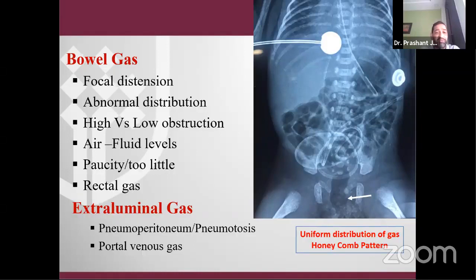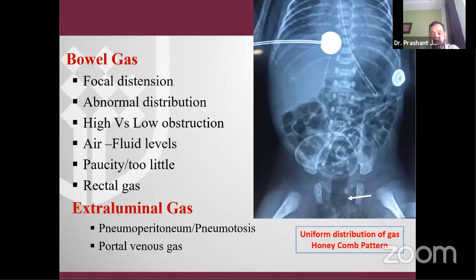Now, focal distension can be seen of the bowel gas, although it is very difficult to describe the focal distension, but there are various thumb rules which have been described, like if the dilatation is more than the size of the surgeon's thumb, then you call it a focal dilatation, or if it is more than the interpeduncular distance of the L2 vertebra, then also we call it abnormal dilatation of the gas. But yes, then it has to be correlated with the clinical signs and symptoms of the patient.